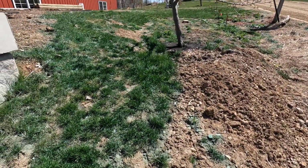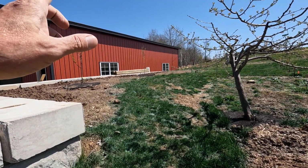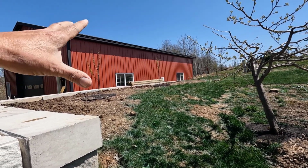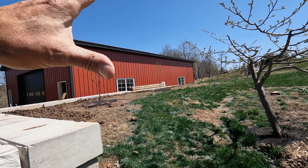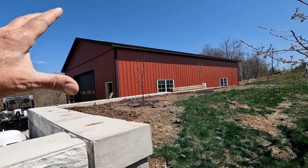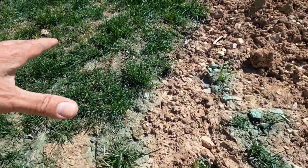Okay, that's going to have to be it for today. I'll plant the zinnias in a different video. I need to go get some gypsum and add gypsum to that upper area. That's all backfill, and it's really heavy clay. The gypsum did wonders last year, but there's a few spots that still need amending. You could see the bluish areas, but